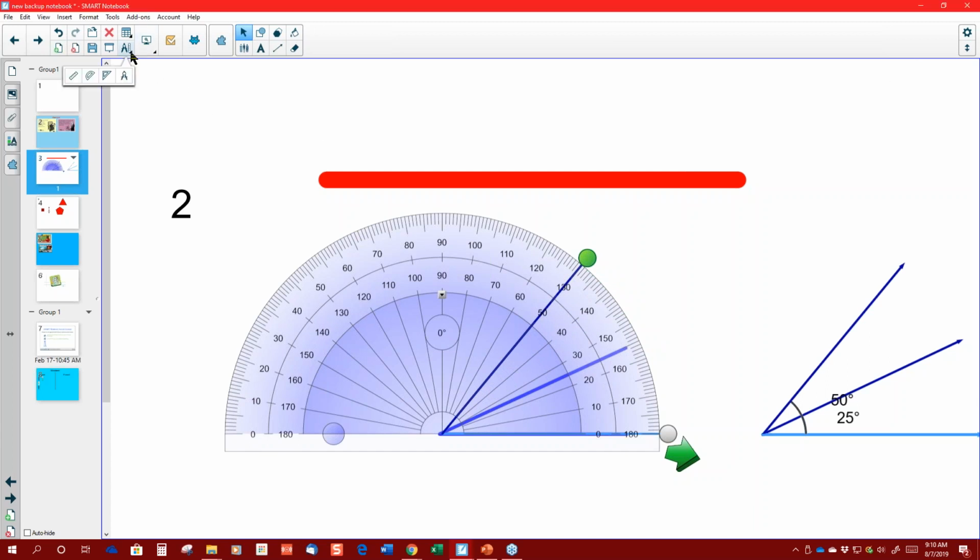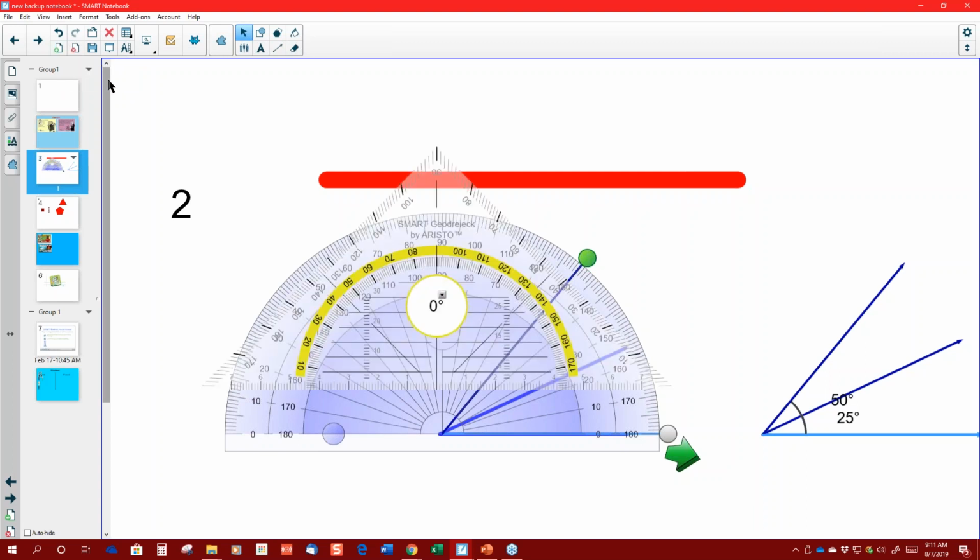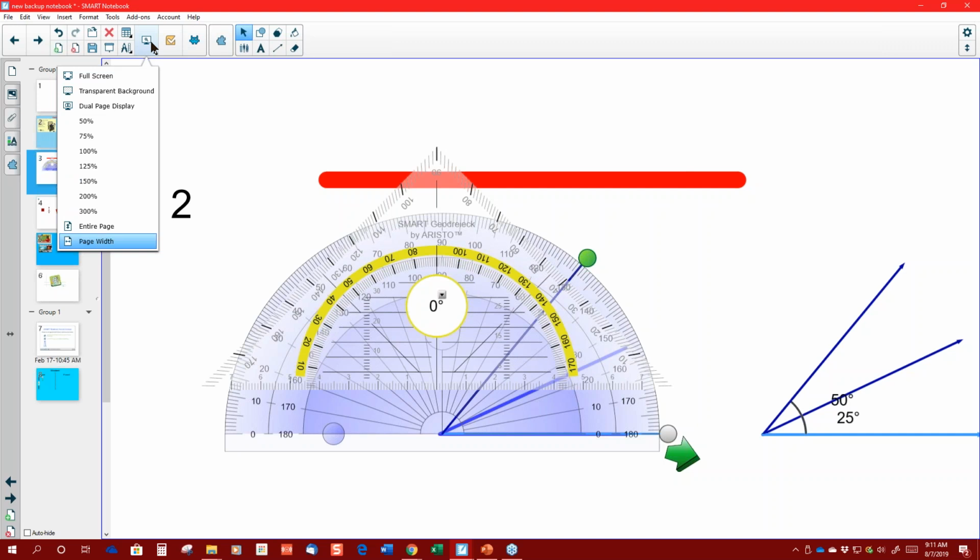Some tools are built in already. There's a protractor and a compass built in, and this one is kind of involved. But anyhow, those are pretty simple. Now, going across this